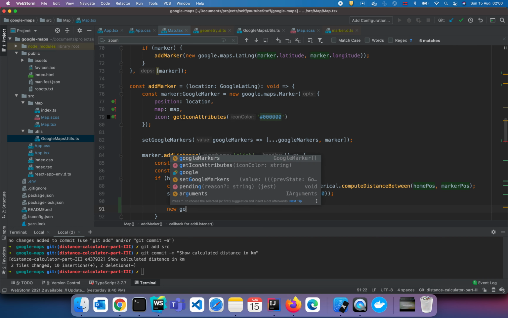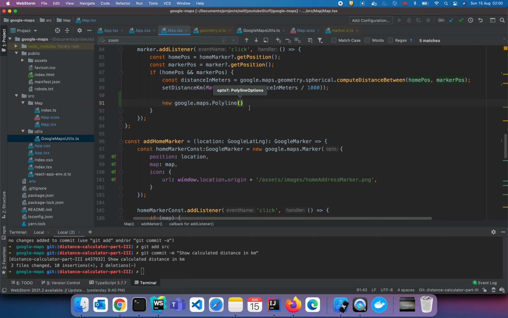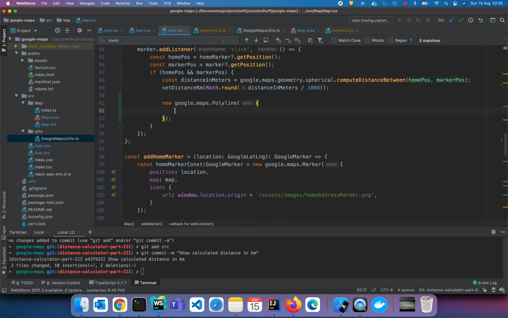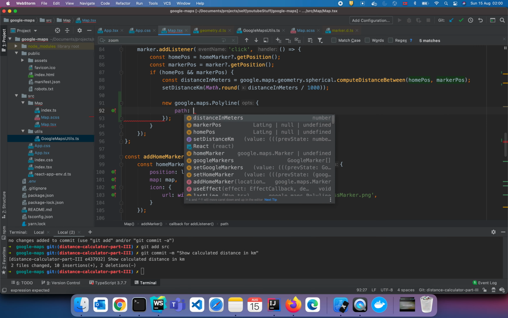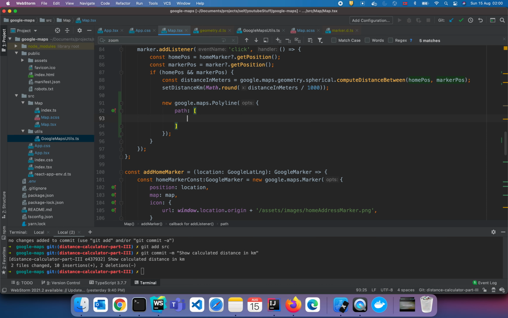It's just another object, google.maps.polyline. Wow, what a shock. I think you saw this one coming. Now we will define some parameters for that, and I don't remember those things by heart, so neither should you. It requires an array of path,